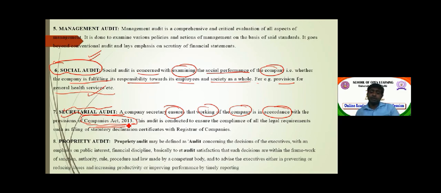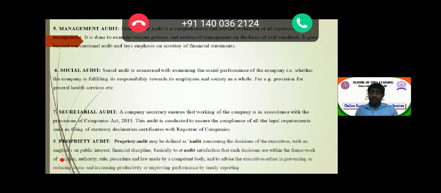So let's say, for example, as per the Companies Act 2013, the companies are supposed to conduct the AGM once in a year, or let's say once in a 15-month period. Now, for example, let's say the institution is not conducting the AGM. So in that case, the secretarial audit is going to verify